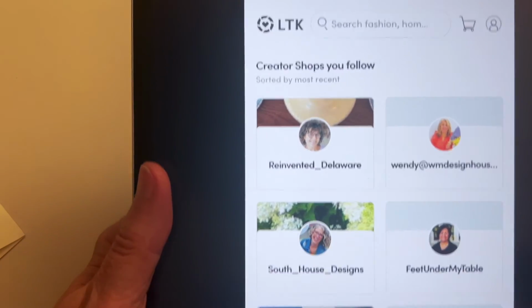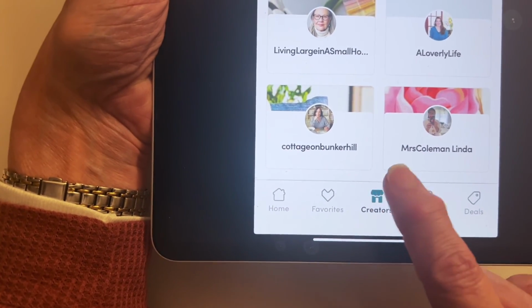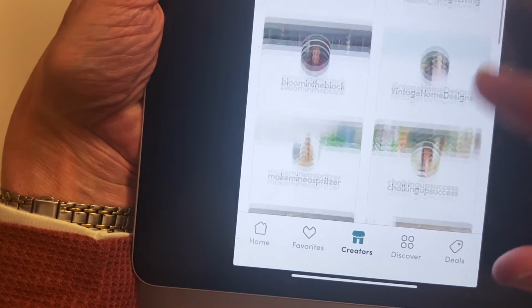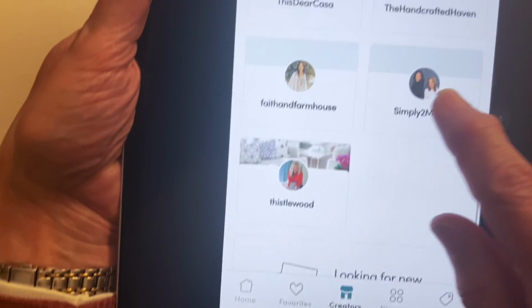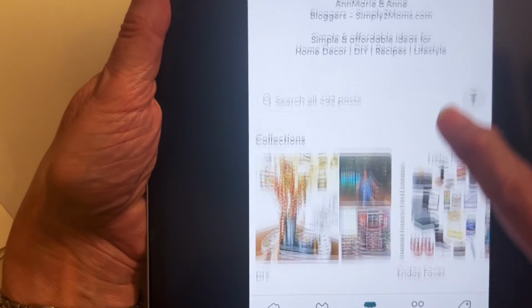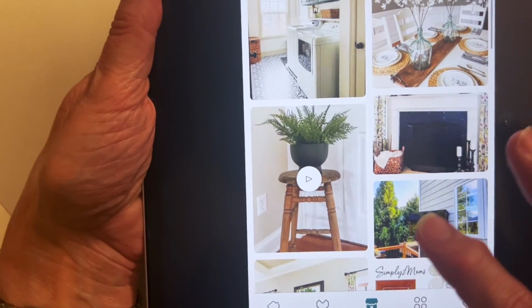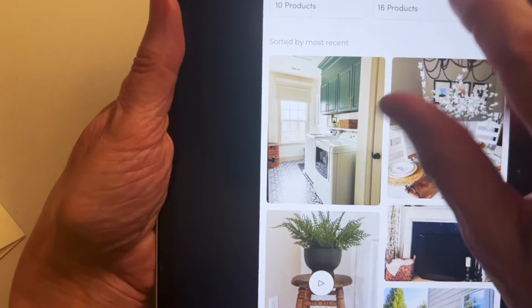Okay, we're on my home page again, and I want to show you something that you can do with your favorite creators. You click on your favorite creators, and these are all of mine that I have right now. And I'm going down to Simply Two Moms with Anne and Anne Marie, and I want to look at one of their posts. I like their posts. I think it's going to be great. But look, they have